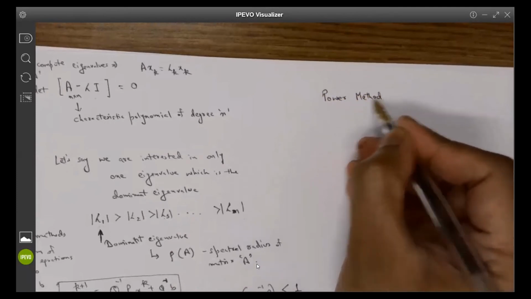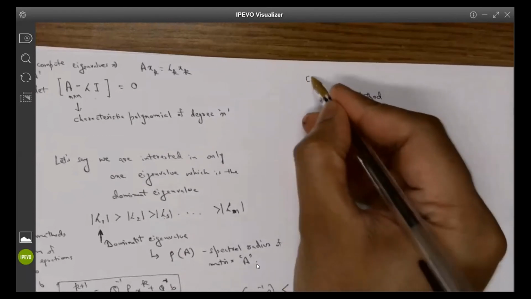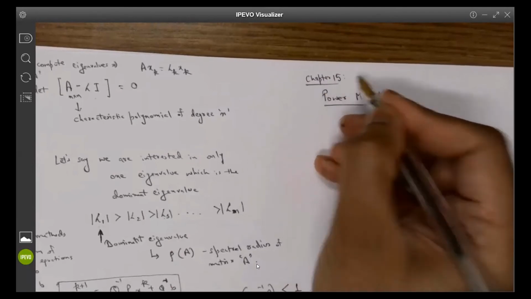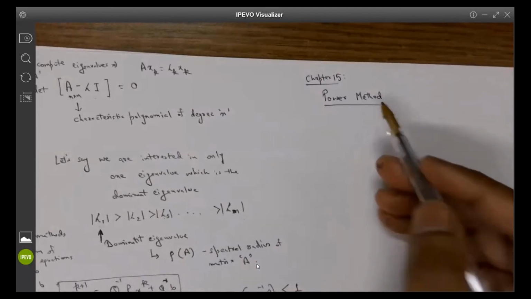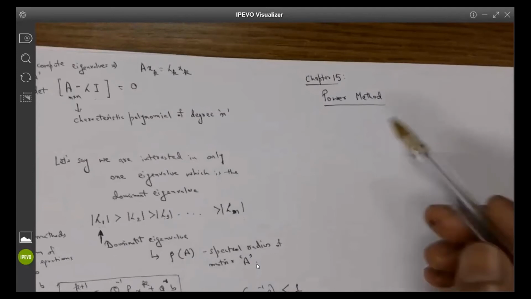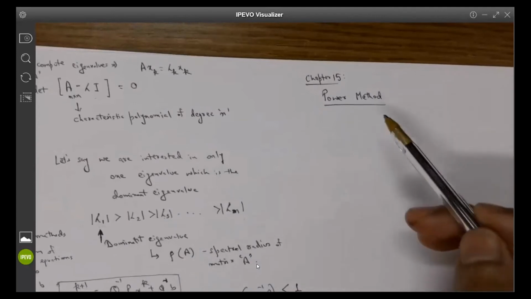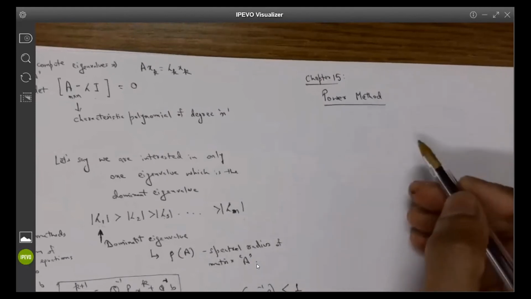The topic is basically covered in chapter number 15. In case you are wondering where it is in the textbook, chapter number 15 talks about the numerical methods to compute eigenvalues. We may not get the chance to go through all the specific numerical methods, but I'm going to pick a few important concepts or techniques for numerically computing the eigenvalues. So what we are doing is the power method, and what this method says is that